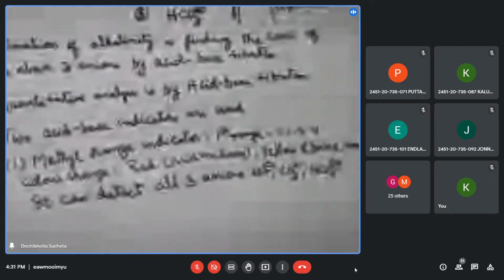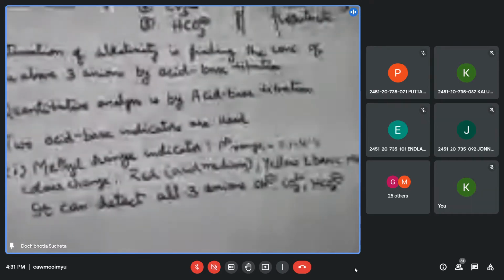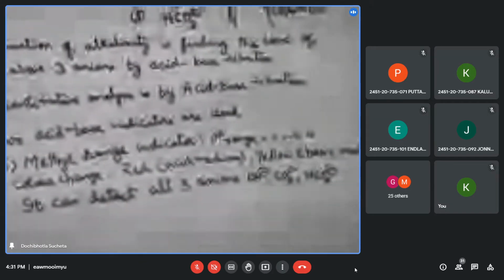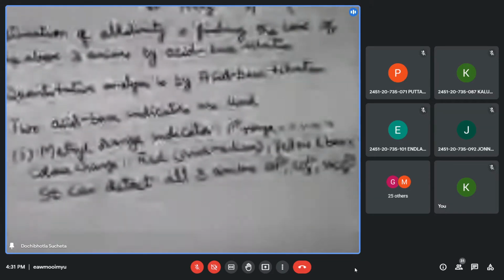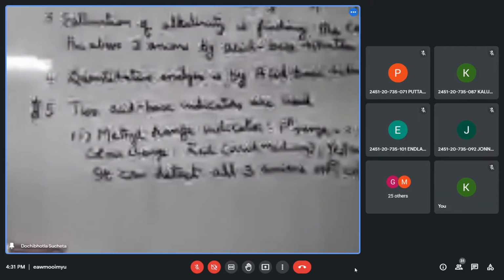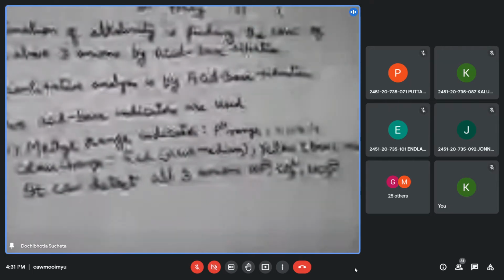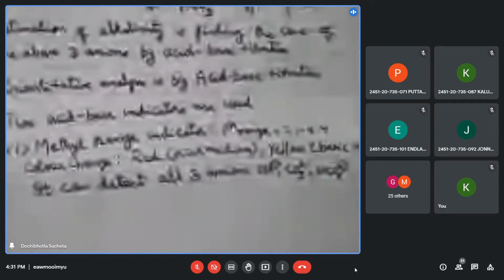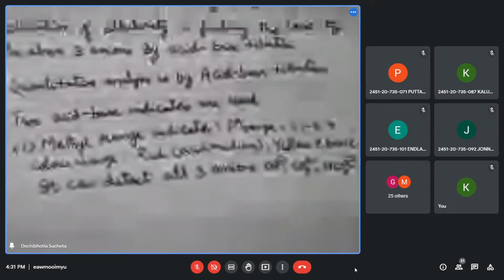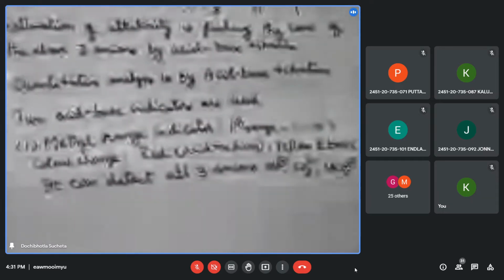Or H plus ion from acid will be reacting with the anion of the base to form salt plus water. That's the main reaction. So here I am using indicators. Obviously, water is colorless, and the acids like HCl or sulfuric acid that are used for finding the concentration of the water sample are also colorless. Because both the reagents are colorless, I am using an indicator.